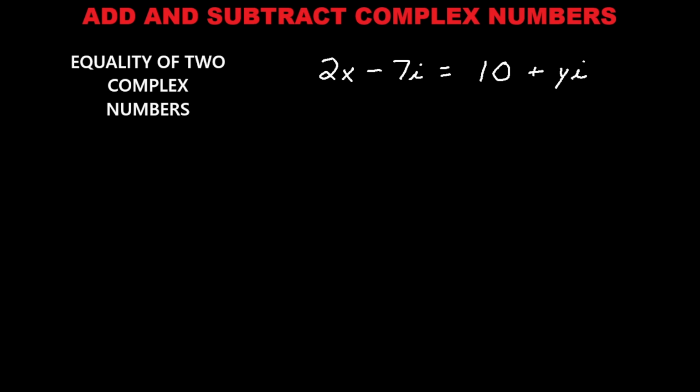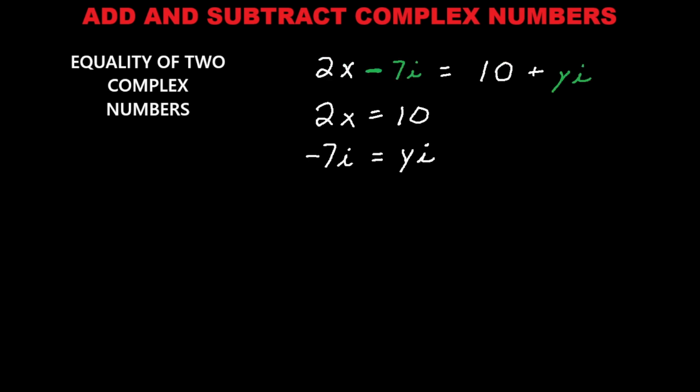The next step in learning how to do this is we find the equality of two complex numbers. So here we see that I have a real part here and here, and then I have an imaginary part here and here, and they're mixed inside the same equation. The first thing that I want to do is group together the real numbers, which are 2x and 10, and I'll set those equal to each other. And then the next part is I want to set the imaginary components equal to each other,